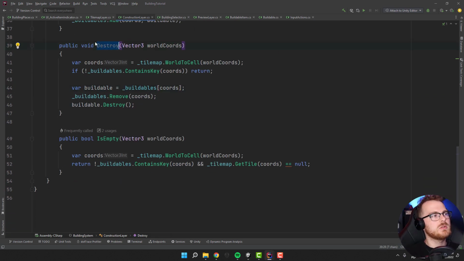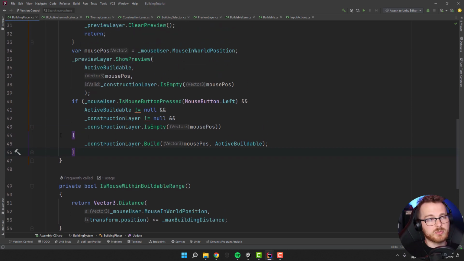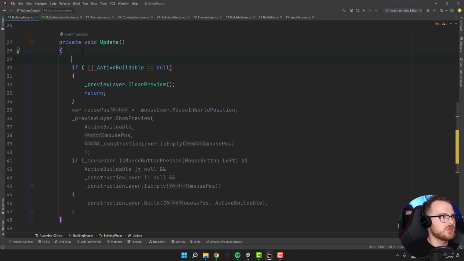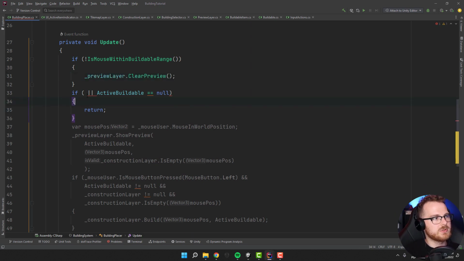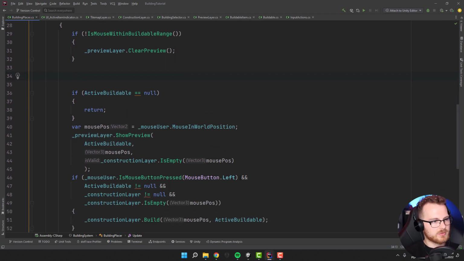Okay, so now let's use it in our building placer where we actually handle the user clicks. Okay, so first let's separate those two conditions. So if we are not in range, we'll want to clear the preview. Over here, this will be already done, and of course we need to remove that too. And now, if our right mouse button is pressed,